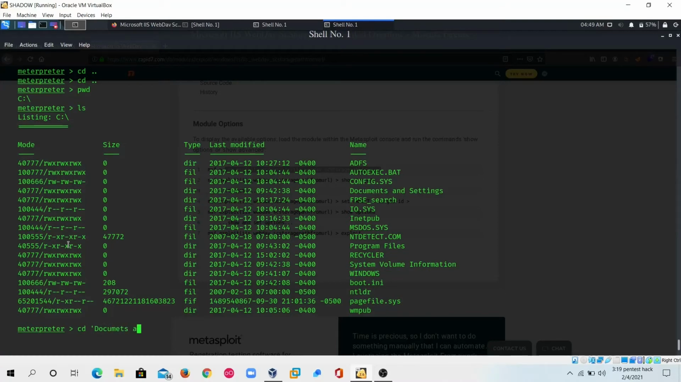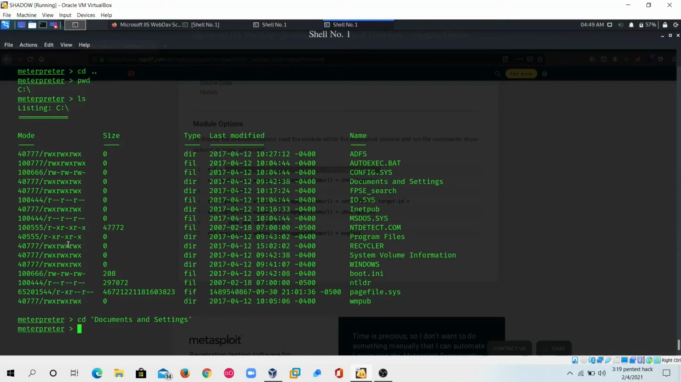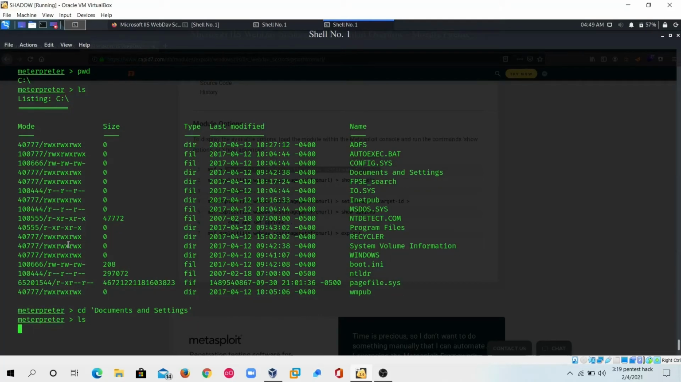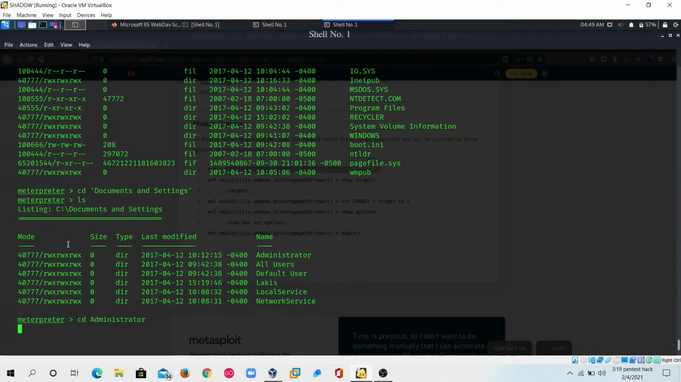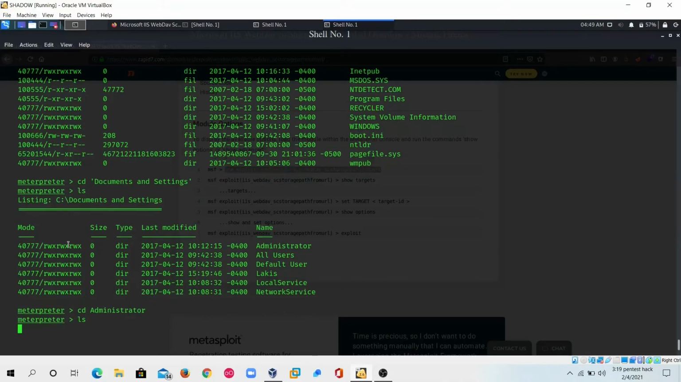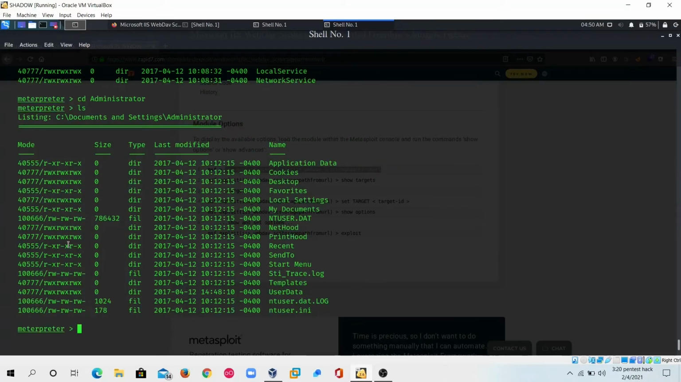Documents and settings. We are in the documents and settings, and if we ls it will list all the directories, and we have to go into the administrator. ls. Yeah, we got access here into the administrator directory,